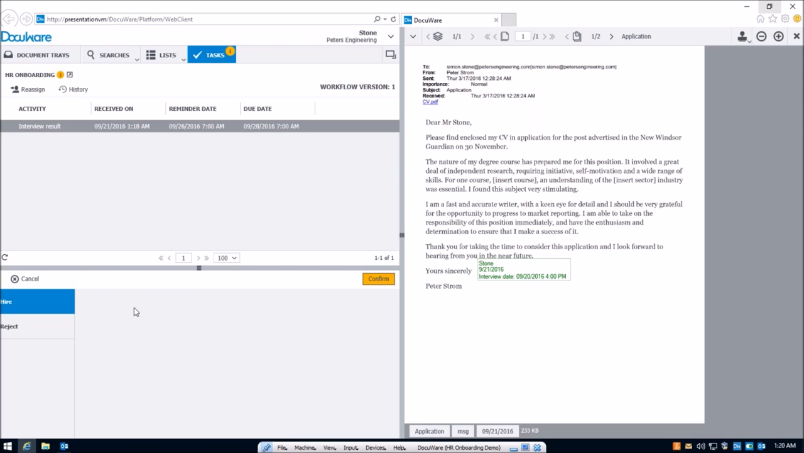For the purpose of the demo, we'll select the hire option, and just to show you as well, on the document here, if you've noticed, there is the previous stamp from when we invited Peter Strom for interview, and we can also use the stamp tools at the top right. Now stamps can either be in text format, different colours, and can even be a signature as well. So if we just pop that on the document,